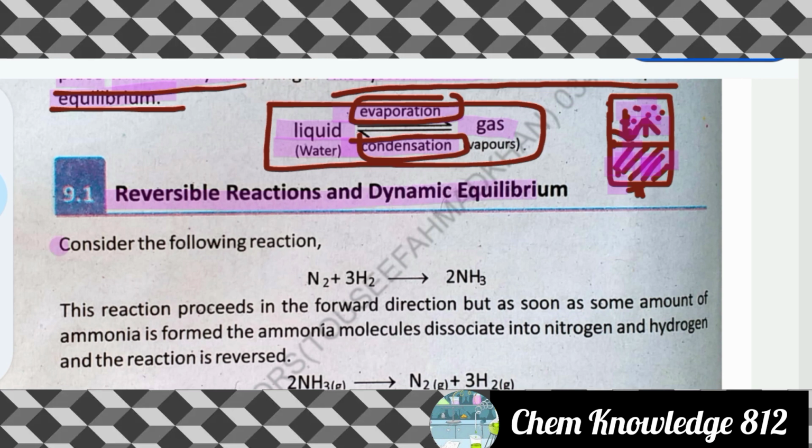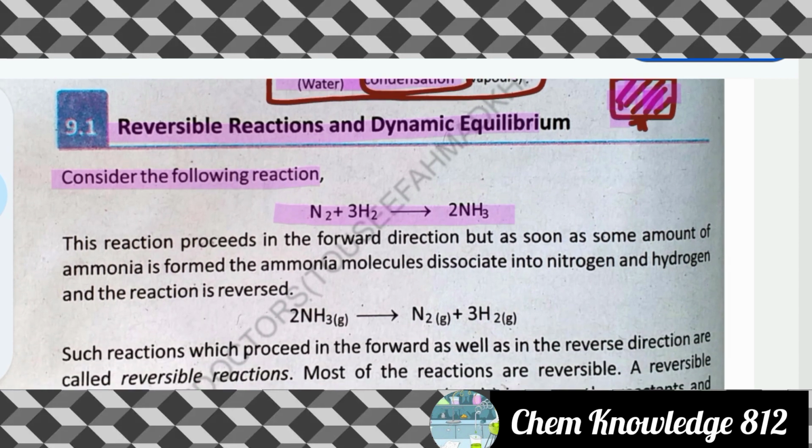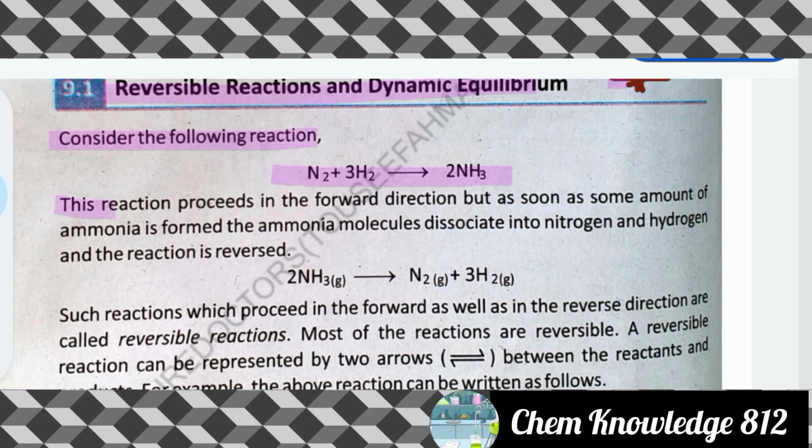अब नेक्स्ट वन है रिवर्सिबल reaction and dynamic equilibrium। So you can say, consider the following reaction: nitrogen N2 plus 3H2 gives 2NH3। नाइट्रोजन और हाइड्रोजन को जब आप आपस में मिलाते हैं तो ये अमोनिया बनाता है। This reaction proceeds in the forward direction, but as soon as some amount of ammonia is formed, the ammonia molecules dissociate into nitrogen and hydrogen and the reaction is reversed।